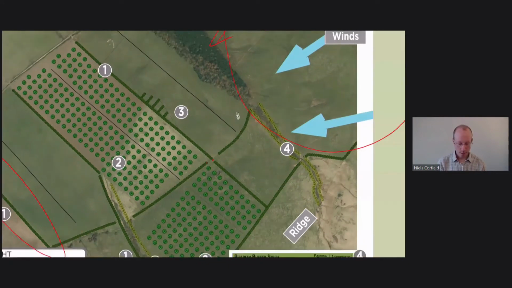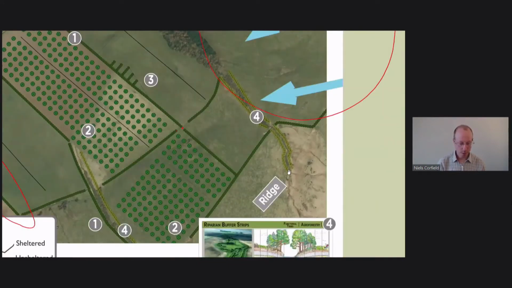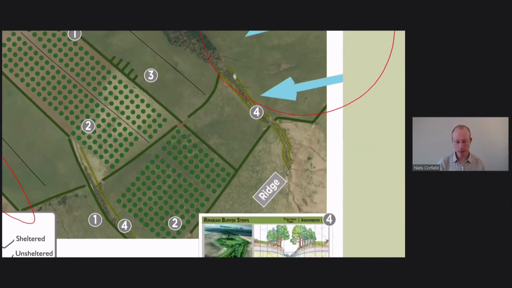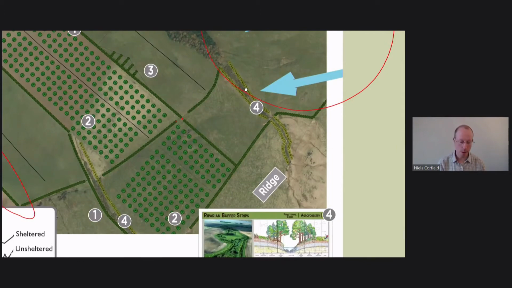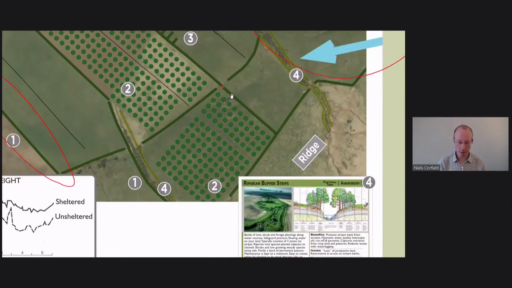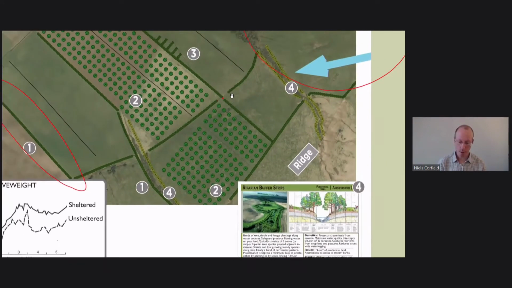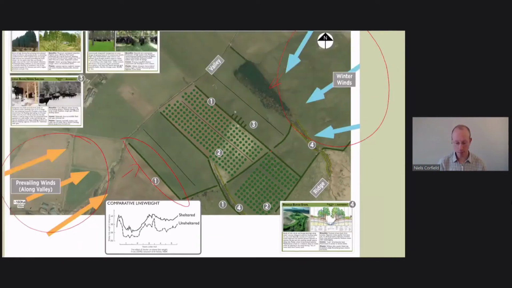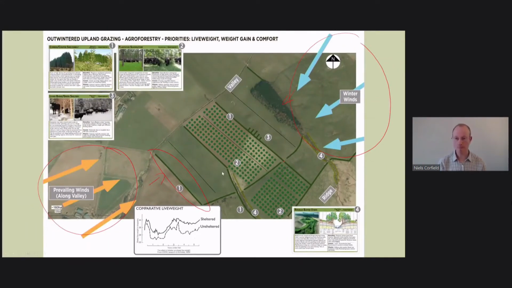Then also what we have is riparian buffer strips. Basically these can either just be fenced out areas or they can be planted areas, and they run along those watercourses, along the burns. And then in this instance, because they're out wintering, there's an indication for conifers to help the